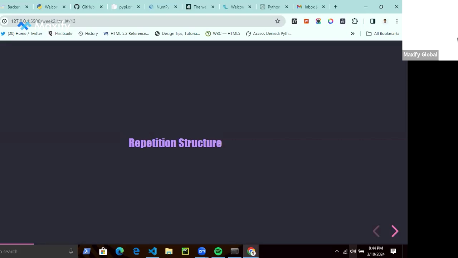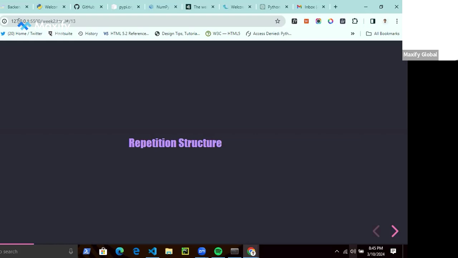A non-programmer will just write 1, 2, 3, 4, 5, 6, 7, 8, 9, 10 down to 100. But a programmer will simply use a construct called a loop, either a for loop or while loop, to write 1 to 100 without writing 1, 2, 3. So repetition structures allow us to run a particular block of code multiple times.